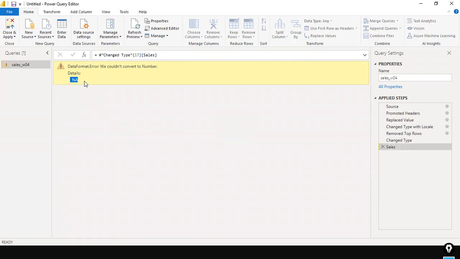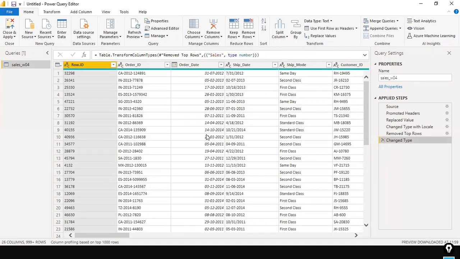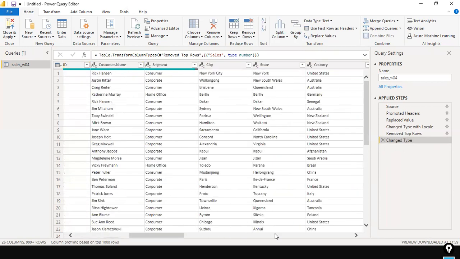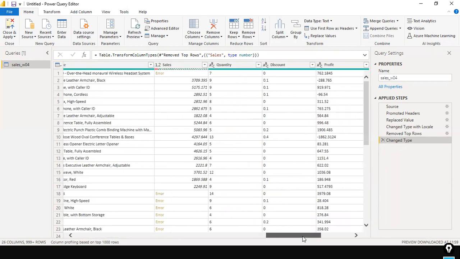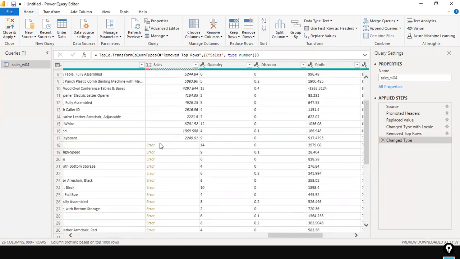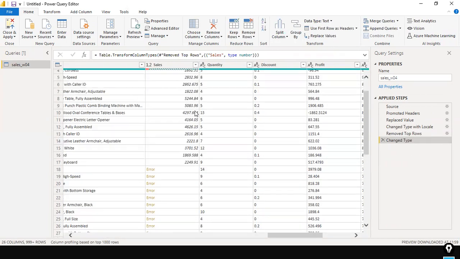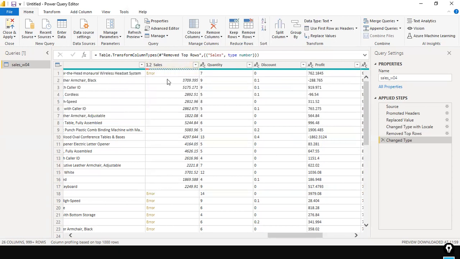Wherever blank values are there, Power Query Editor assigns the blank values with NA. Not only did it cause an error while converting from text to number data type for the text value, but it also threw an error for NA. Even for NA you cannot convert this to a number data type. Just like that. Okay. So what I'm going to do is undo this action or step,